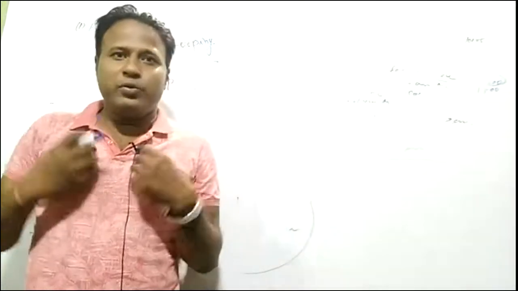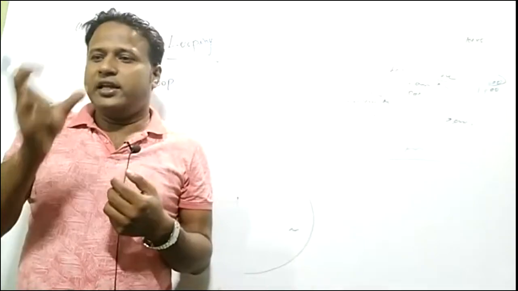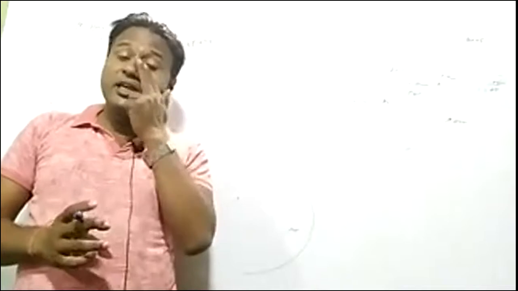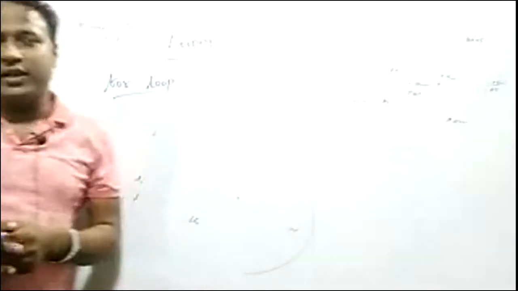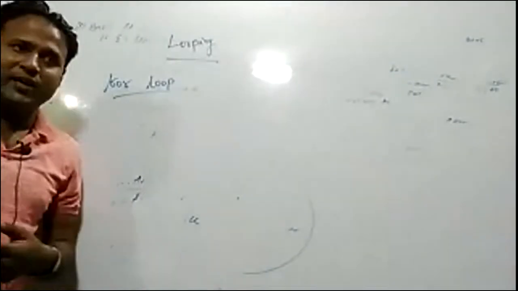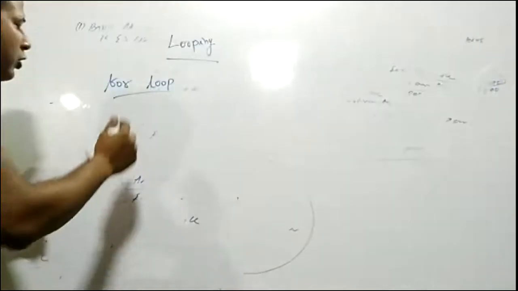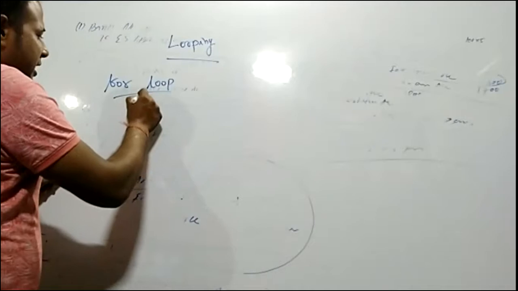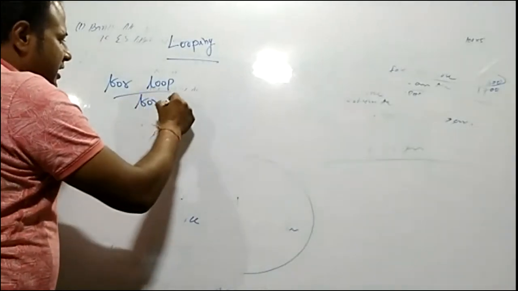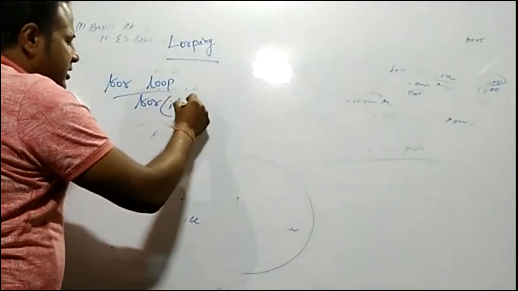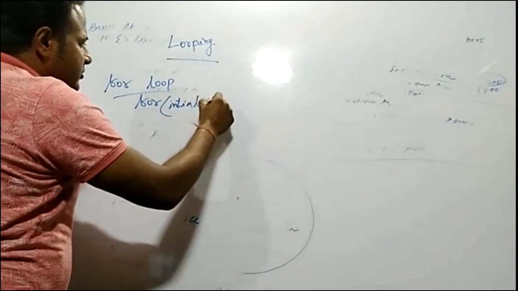Okay. First you have to initialize the value, then you have to go for a condition checking. कंडीशन चेकिंग मीन्स टिल योर कंडीशन इज ट्रू, मतलब जब तक आपका कंडीशन ट्रू रहता है तब तक आपका स्टेटमेंट एग्जीक्यूट होता है. सो फॉर लूप कंटेन थ्री पार्ट. आई विल डिस्कस. फर्स्ट पार्ट इज कॉल्ड एज द इनिशियलाइजेशन.